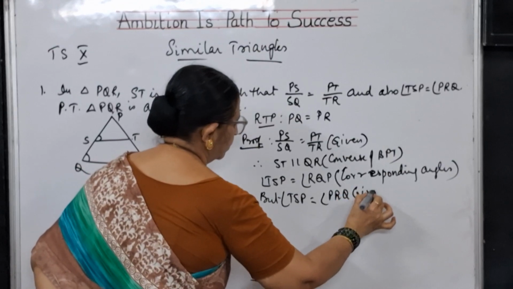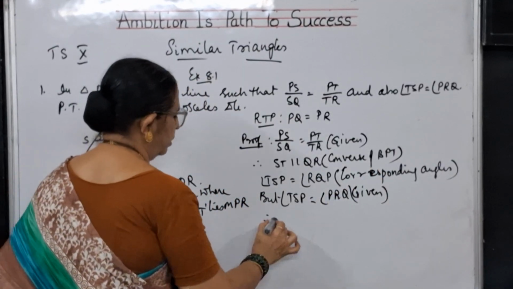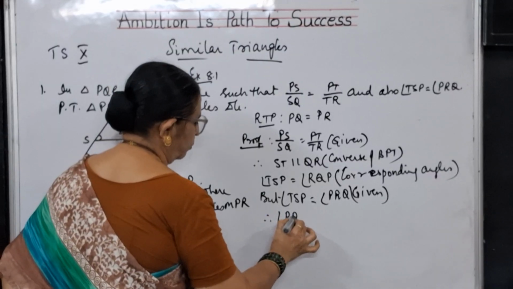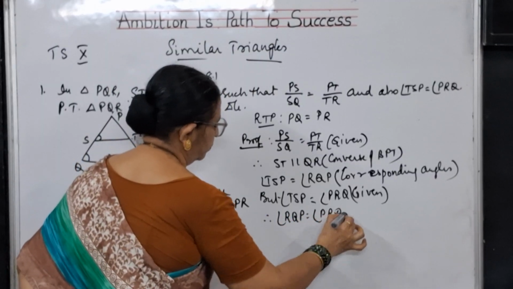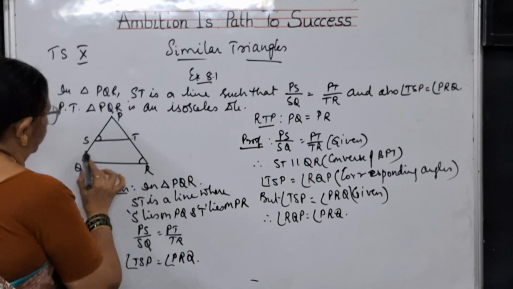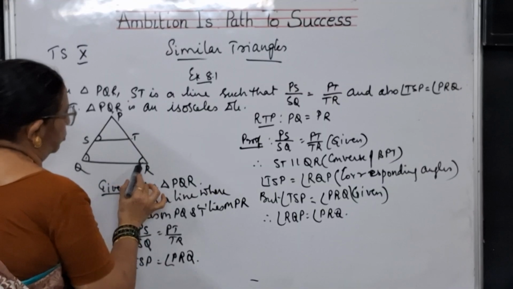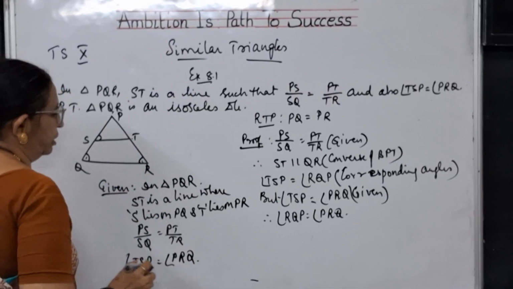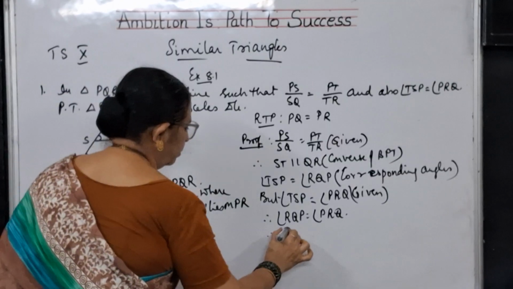This is given to us. That means what? Angle RQP is equal to angle PRQ. Both of them are equal. That means what? PQ is equal to